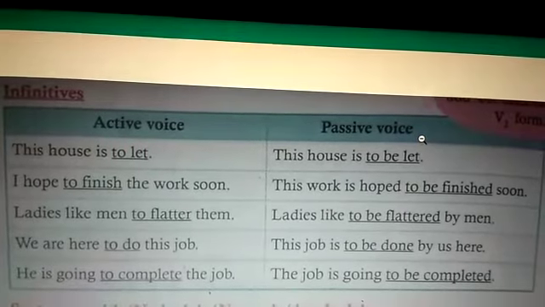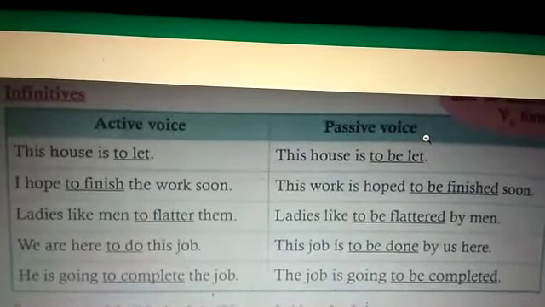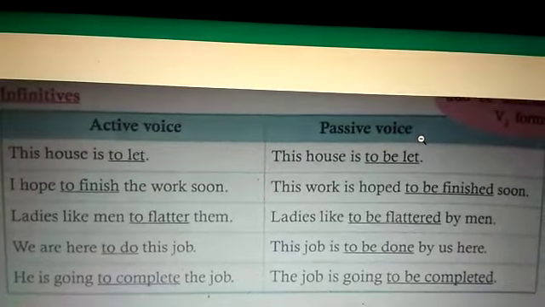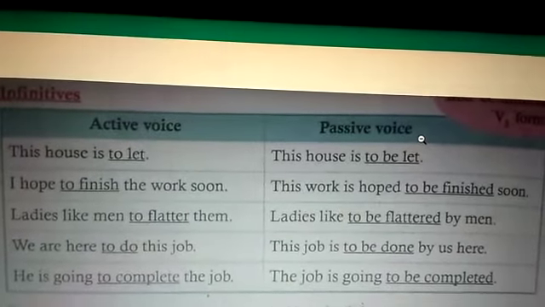See, you are not supposed to leave even one single word. Every word must be found in the passive voice also. He is going to complete the job. The job is going to be completed. Let's move on to the next